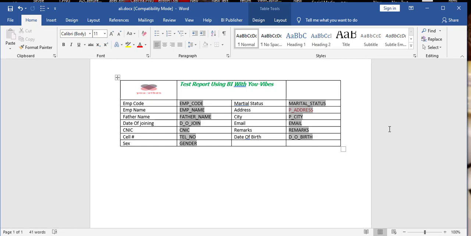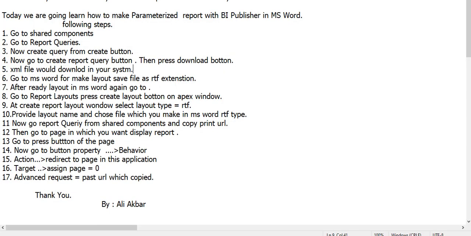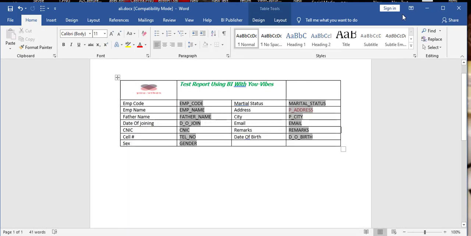I'm saving this file as an RTF. Now we are at the step after the layout is ready. Now our layout is ready. Go to report layout and create the button. Now I'm saving this file.